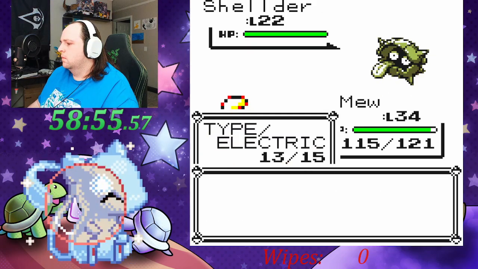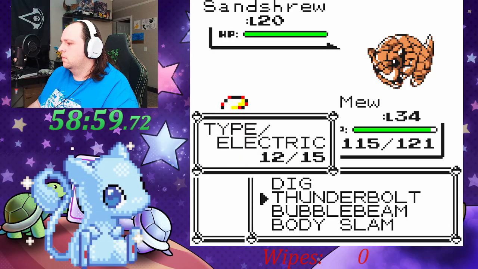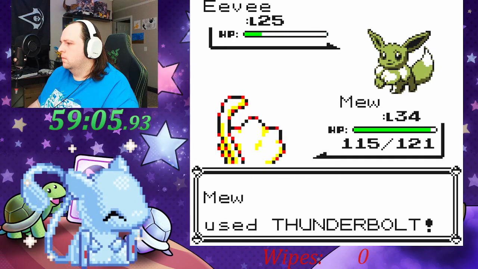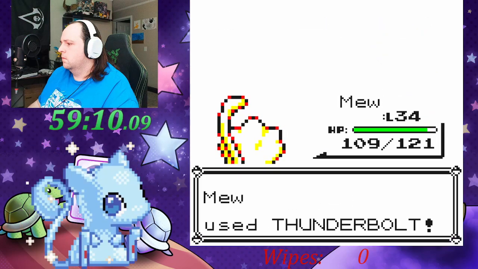Magnemite, we're going to use Dig. Shelter's also going to go out to Thunderbolt, and then we also still have Bubble Beam for Sandshrew. The only thing that we don't actually have a move to counter is Eevee, and that's because there's no good fighting type moves. However, with 2 Thunderbolts, we are able to take it out and defeat the rival without a challenge at all. With the rival crushed, we're going to go ahead and cut to the top of the tower